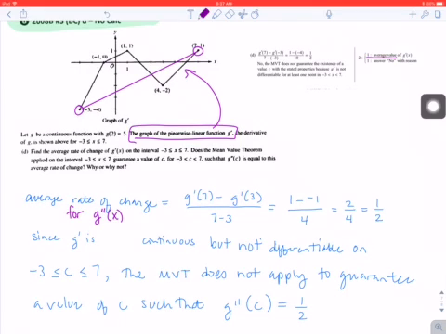Let's see, G double prime. Does the mean value theorem apply to the interval -3 to 7? Guarantee a value for C where G double prime is equal to this average rate of change. So why are they talking about G double prime? G double prime isn't in mean value theorem usually, right? What's in mean value theorem usually? Just the first derivative and the original, right? So normally we would have g prime of c equals g of b minus g of a